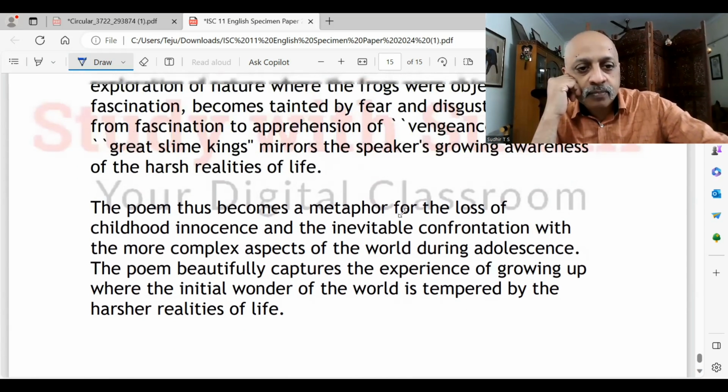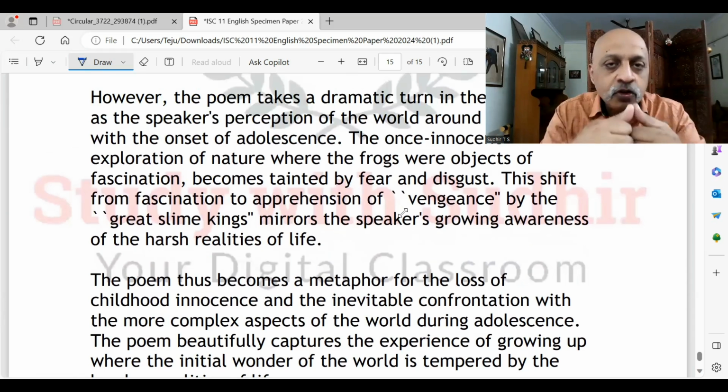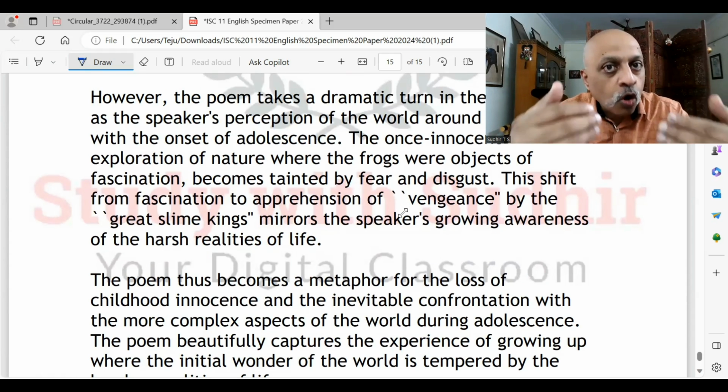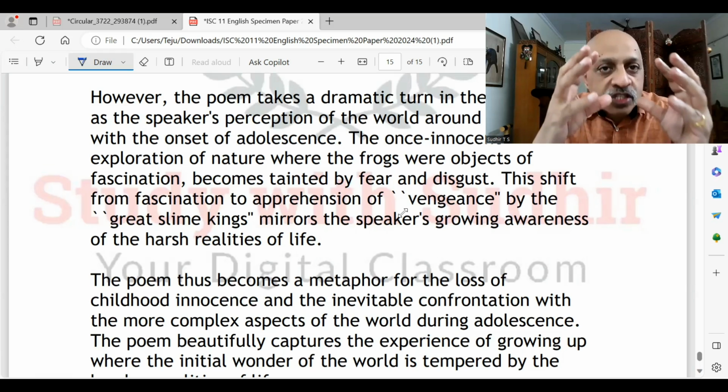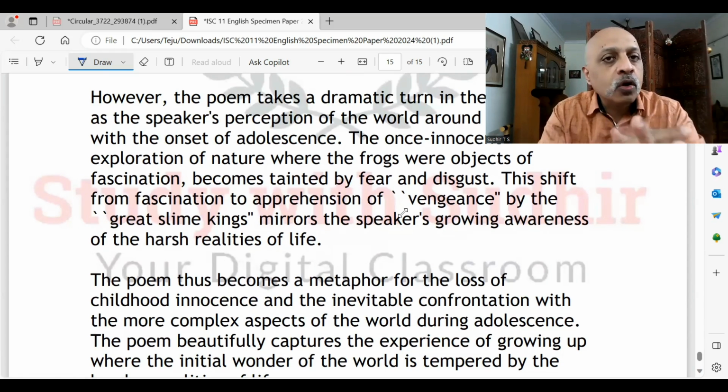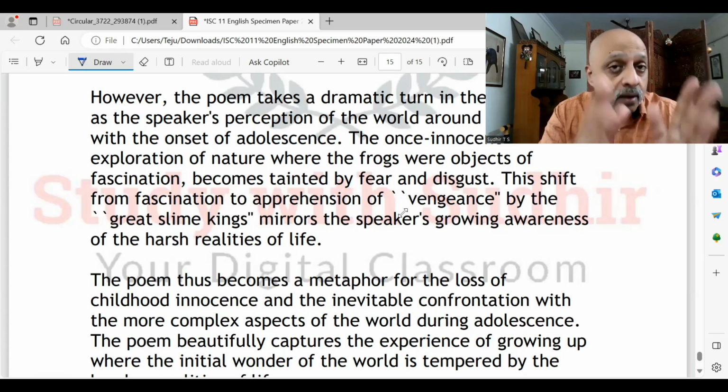So if you see the kind of vocabulary I have used, the way I have used all the key words and key phrases, that is something which is absolutely important for you in order to get marks. So read the text multiple number of times. Multiple number of times. Okay. Before the exam, definitely go through the entire text again.